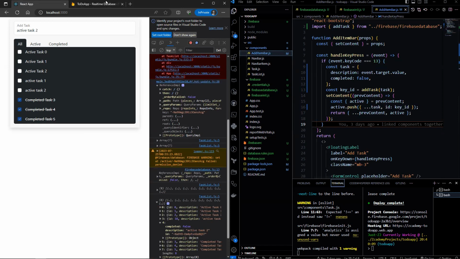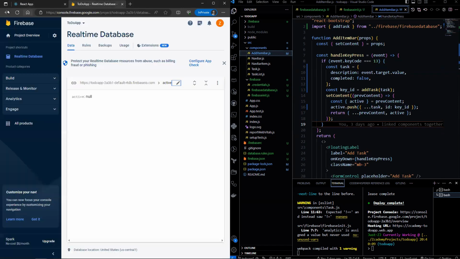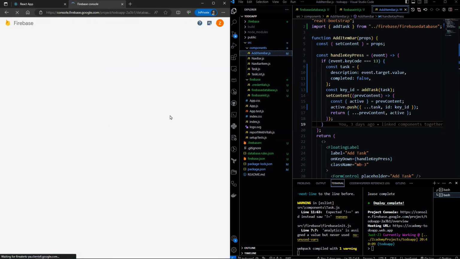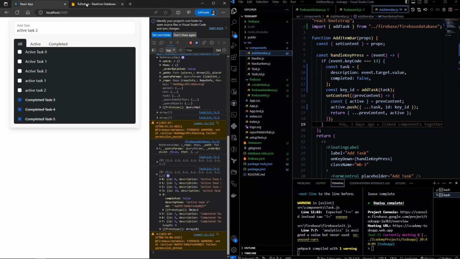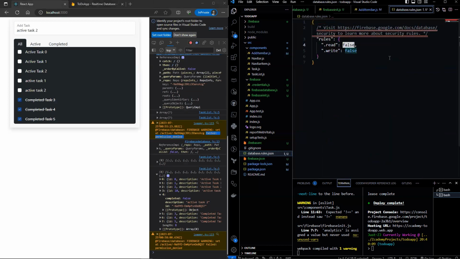Now, let's head over to Firebase database and refresh the page. Now we can see that there's no data here, as we have been denied the permission. So let's head over to the database.rules and change this to true.